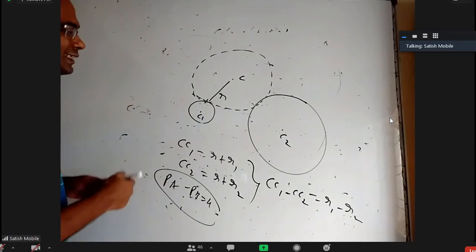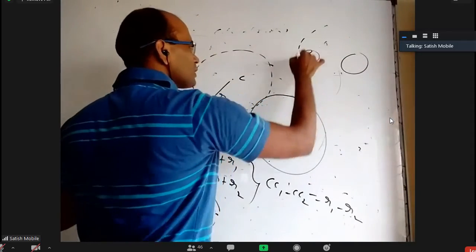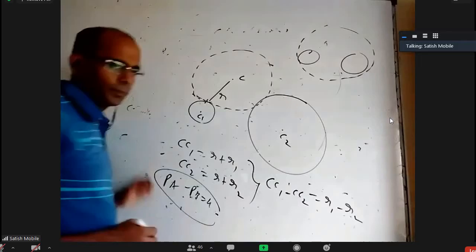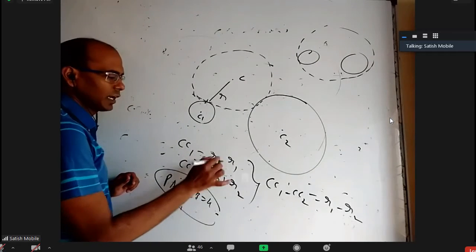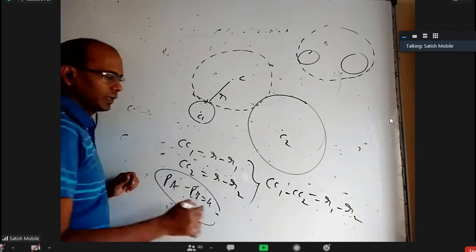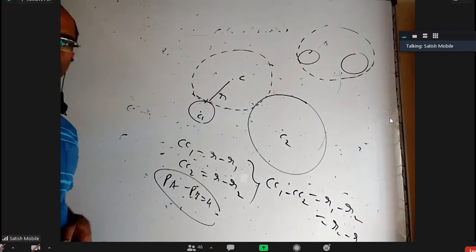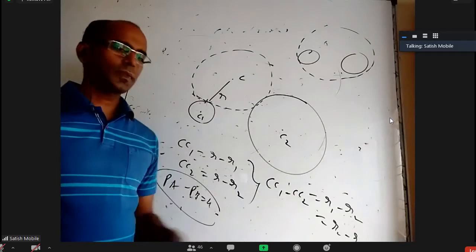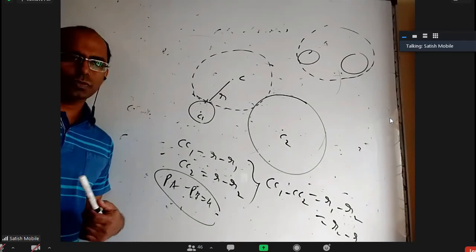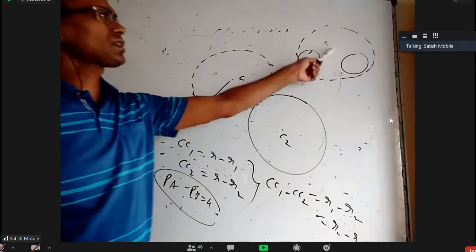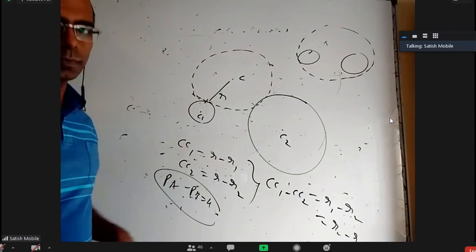When you take something touching both of them internally, let us take the same two circles, but something touching internally. Then what happens? R is very big, so I have to write R minus R1 here, R minus R2. When I subtract here, instead of R1 minus R2, I'll get R2 minus R1. So instead of PA minus PB being a positive constant, PB minus PA is a positive constant. So in this case, the locus of the center of the variable circle which is touching both of them internally is another branch of the same hyperbola.